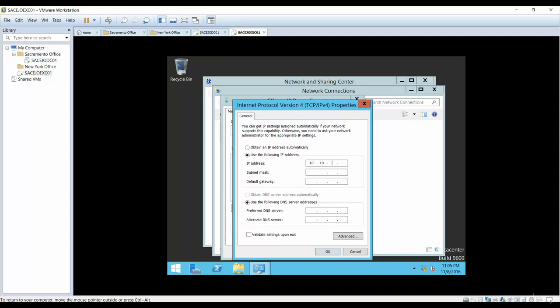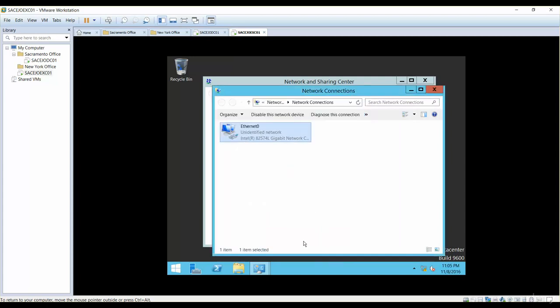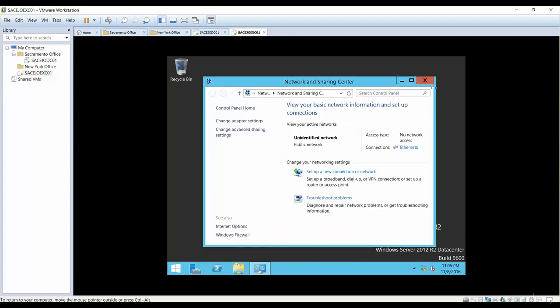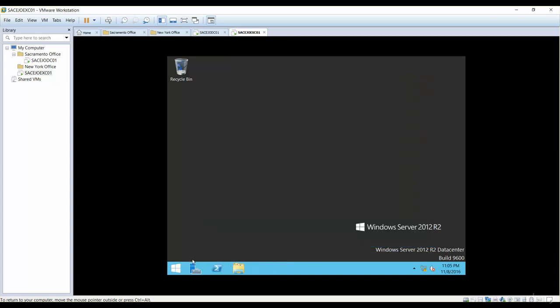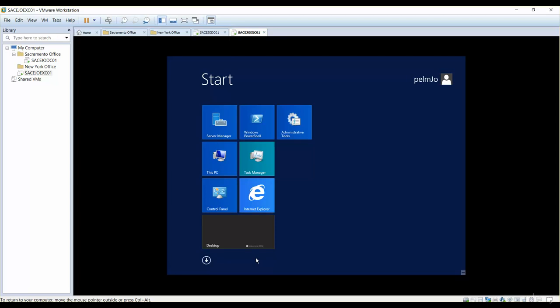should be 10.10.254.60, 255.255.255.0, and the domain controller is going to be 53, if you remember. So okay, after adding the IP address and all those things, the next thing that I'll do is go to CMD,